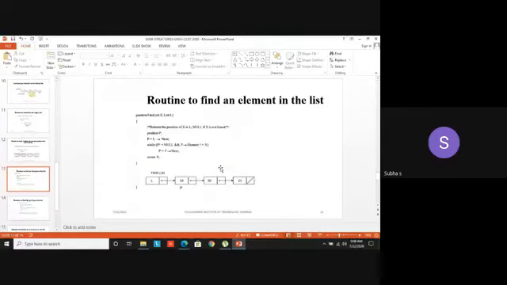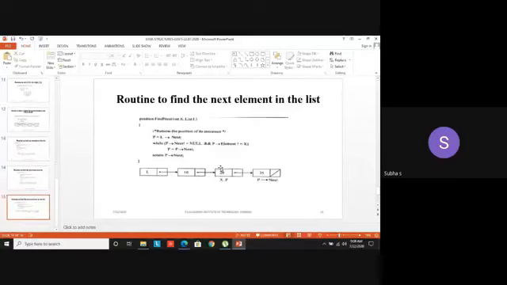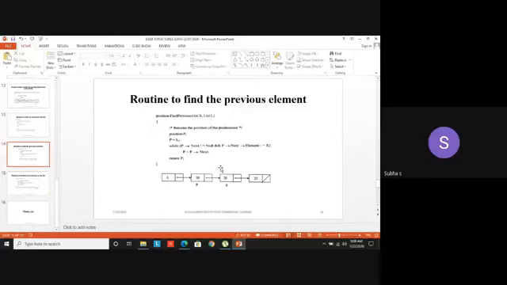Another thing is find previous. Okay, we will see it later. Now we are going to see the previous element. It's not only for a doubly linked list, we can check for a singly linked list also. But for a doubly linked list, it will be easier, because we have two links, forward link and backward link. So each node will point to its predecessor and successor also. So it will be easier when compared to a singly linked list. But let's see the routine for a singly linked list itself. We are seeing all these operations with respect to singly linked list only.